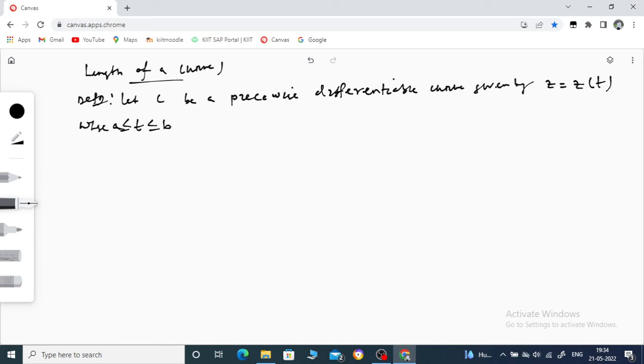This is given to us as the equation of the curve C. Then the length L of the curve C is given by,